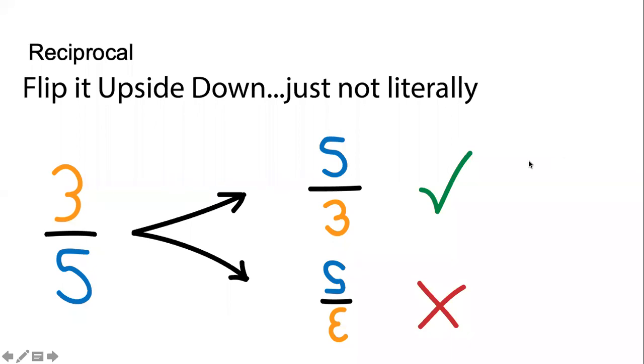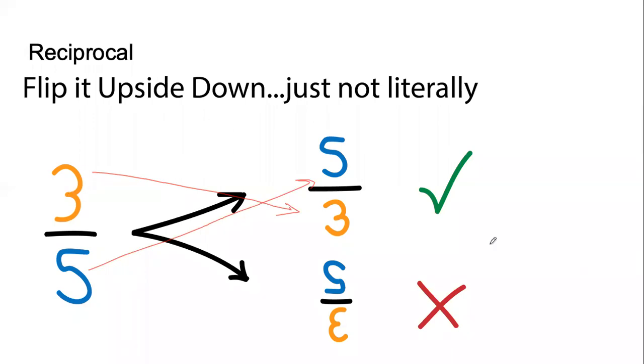To understand division, we need to understand some other concept, which is called a reciprocal. Reciprocal of a fraction is when we come up with a new fraction in which the numerator becomes the denominator and the denominator becomes the numerator. 5 denominator to numerator, 3 numerator to denominator. उल्टा लिखने का मतलब ऐसा नहीं है जो मिरर में आता है, वो नहीं, ऊपर नीचे. 5 goes up, 3 comes down, so the reciprocal is 5/3.